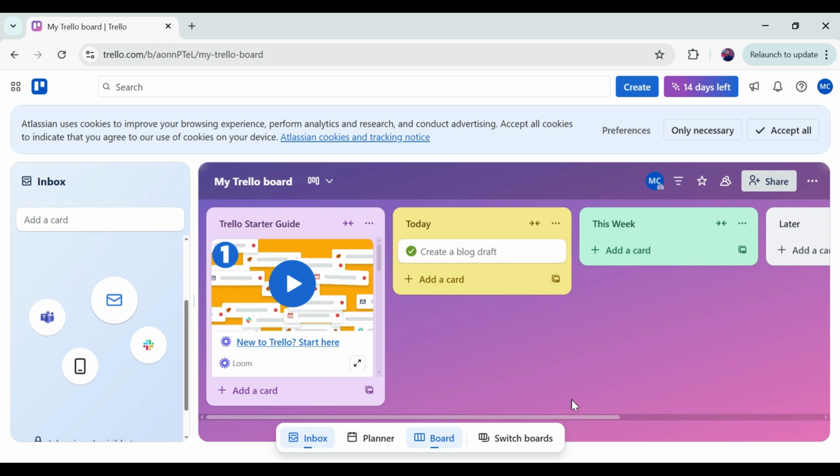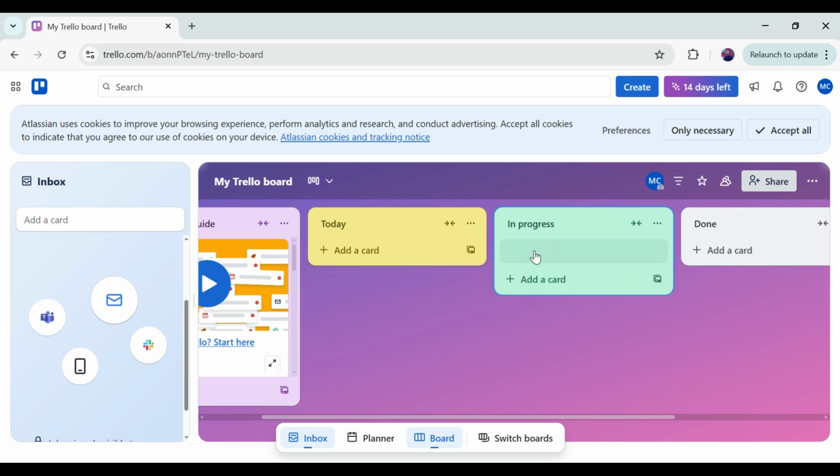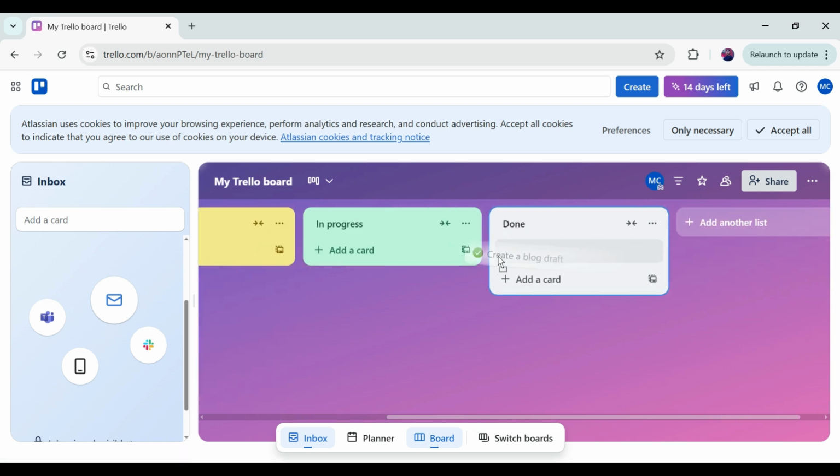Okay, so I have added today's task. So I will just change it to in progress. We can do it in progress, or you can also write it as to do. When you are done with your work, you can then add it here in the done section. You can then easily move your project to this one. When you create a blog, while it's in progress, you can move it to this one, and when you complete your blog draft, you can then send it into the done section.